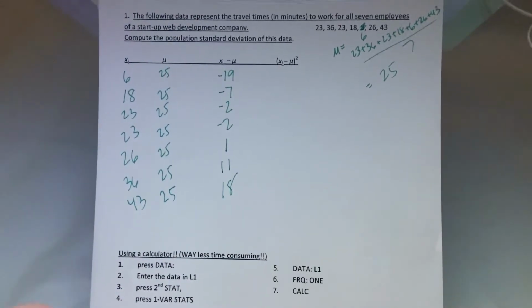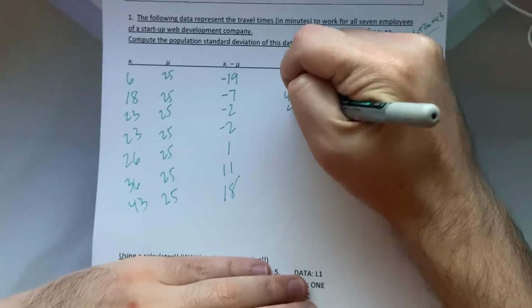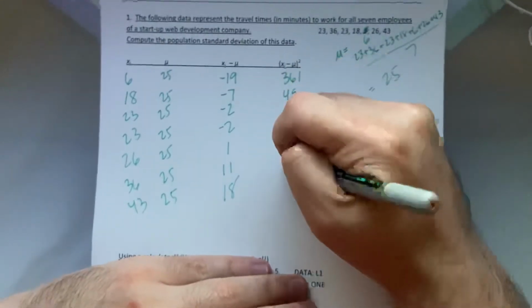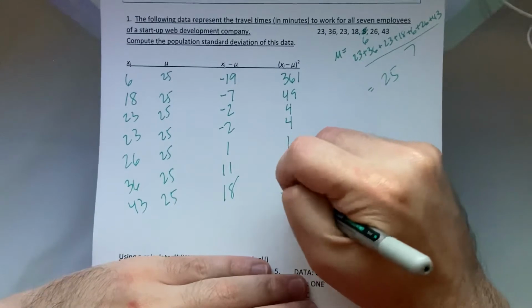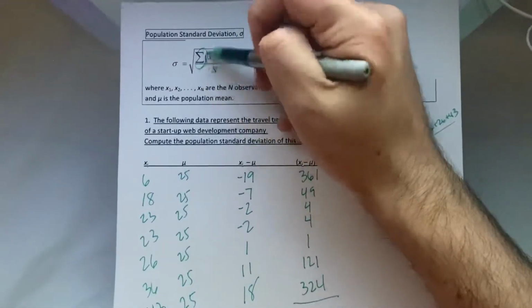Remember, when you square something, it always becomes positive. So 361, 49, 4, 4, 1, 121, 324. And again, you have a calculator for this. Now, this thing, it's kind of,